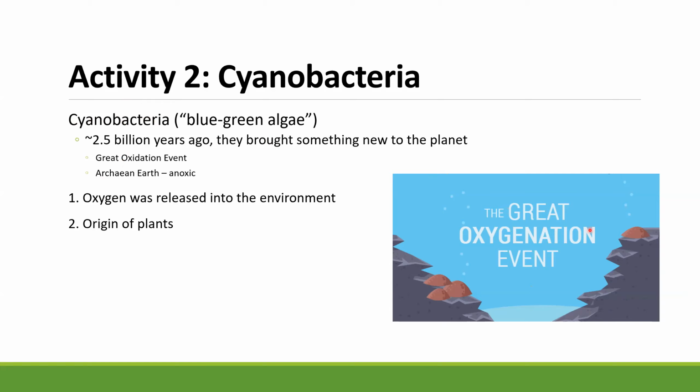So we already talked about Archaea, and Archean Earth was anoxic. It did not have oxygen, and most of those organisms are anaerobic. But something happened at some point where cyanobacteria used light to split water into hydrogen and oxygen. I'm going to come back to this. It was able to use light to split water into hydrogen and oxygen, and this led to oxygen being released into the environment. When oxygen was released, it did a few things. It produced the ozone layer,